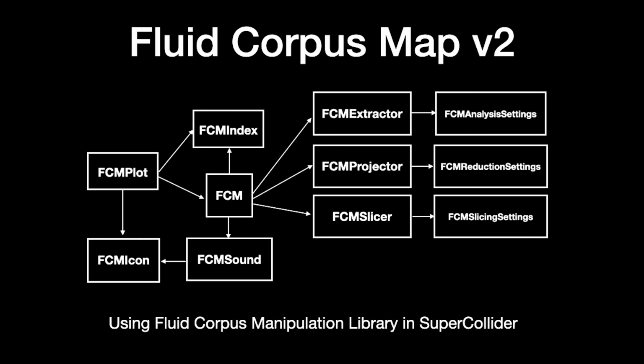So now each of these objects can be configured in different ways. So we can use different features for the position, normally using a high dimension feature like MFCCs or Chroma. Then we can also use a different feature for the icon and for the color, typically using 1-dimensional features like spectral centroid or pitch or loudness. We can then use different dimensionality reduction algorithms for the projection, and we can optionally use the grid. And we can also choose between different slicing algorithms available in the Fluid Corpus Manipulation Toolbox to segment existing recordings